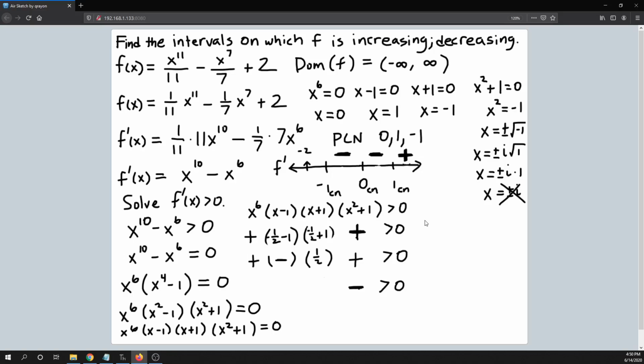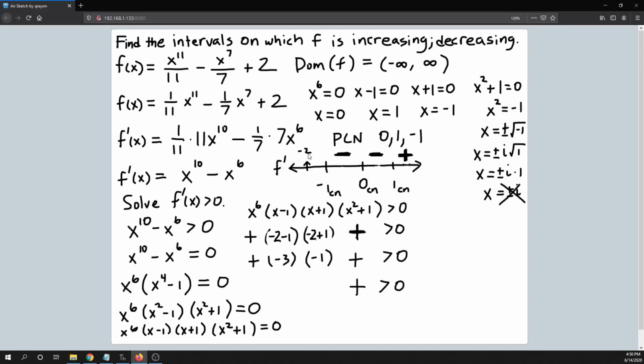All right, and then the last number is a negative 2. So I'm going to plug that in and see what I get. All right, negative 2 minus 1 is a negative 3, and negative 2 plus 1 is a negative 1. Okay, so looking at that, these two negatives would multiply together to make a positive, and then multiply by two other positive numbers, that means the number that I get when I plug the negative 2 in to the derivative will be a